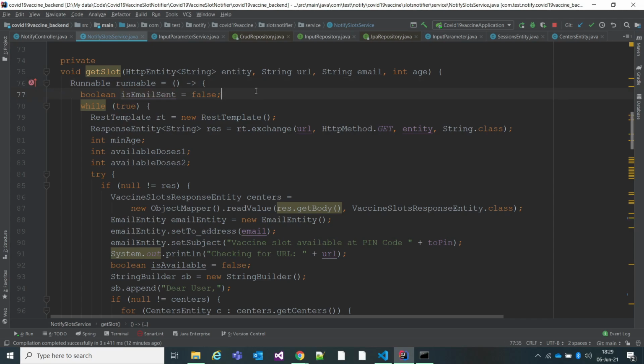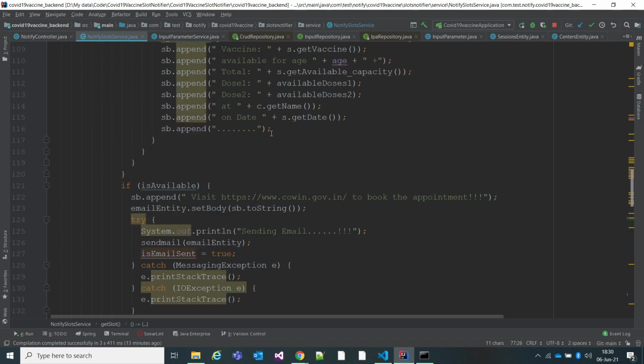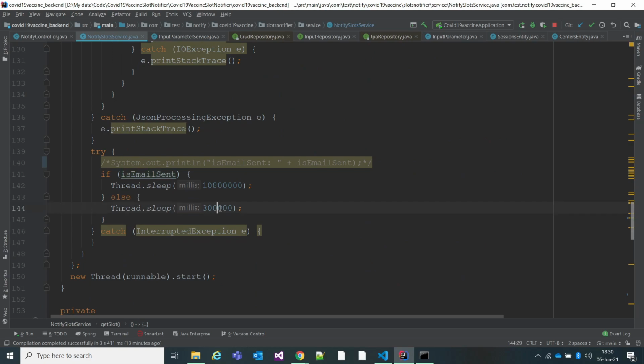There is a variable I have created, email sent. So what is the idea behind this? If the user has subscribed for a particular pin code, and suppose there are many slots available. As of now, my query is, I think, running every 5 minutes.